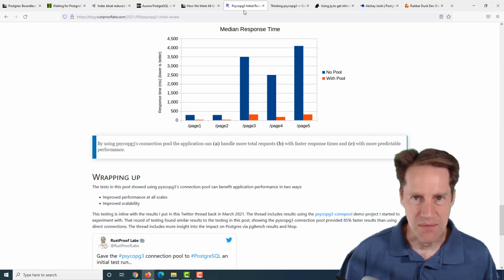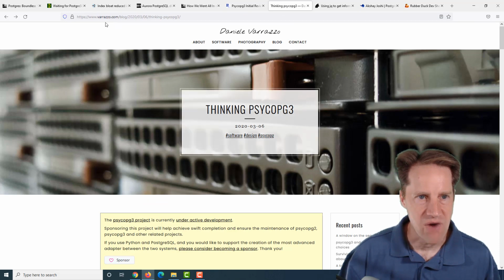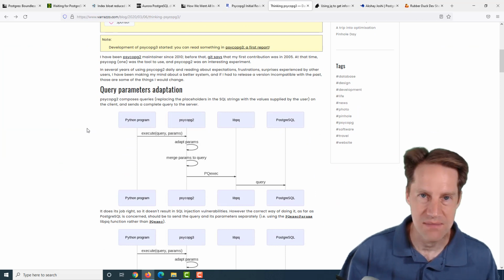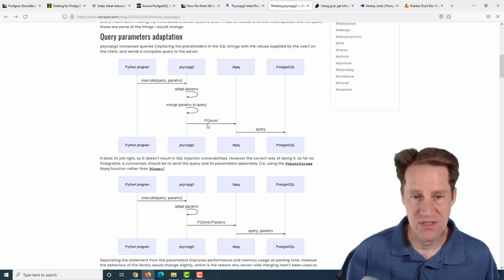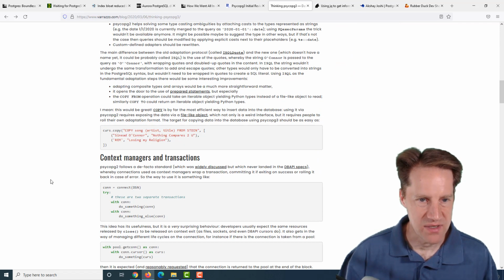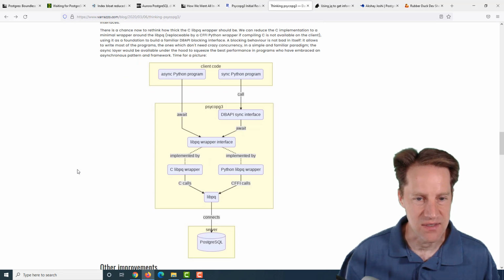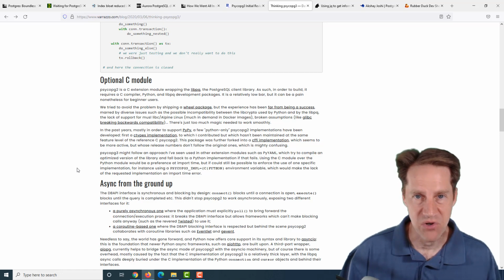And there's a companion post called Thinking Psycopg3 from Varrazzo.com, where he discusses its development and the changes he wanted to make with this version 3. For example, using pgexecparams instead of just pgexecute with the params already merged in, and the number of improvements to the connection pooler that were talked about, and also doing a lot of async work as opposed to a lot of things happening synchronously. Now, this is a little bit of an older post, but if you want some more background in terms of client libraries working with Postgres, maybe you want to check this out.